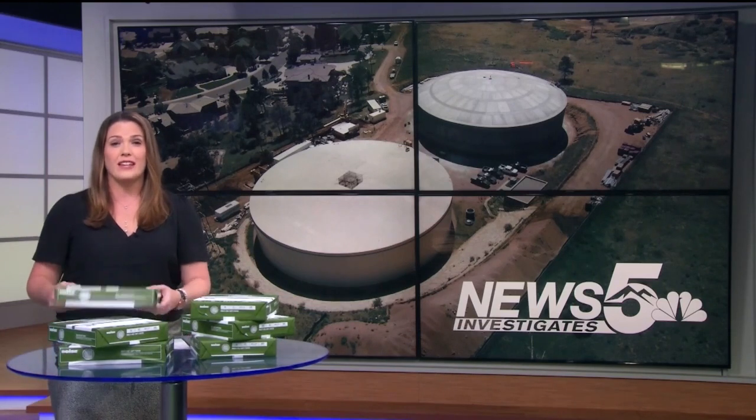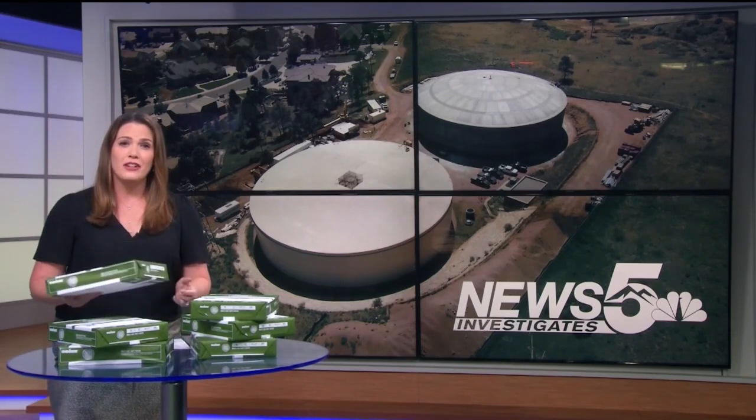Neighbors in Mountain Shadows are upset and want to know why a water tank permitted to be 45 feet tall was constructed at 60 feet. We found out why by going through internal city documents, the equivalent of 6 reams of paper. And the answer? It's a result of multiple errors made by the city, the engineers hired to build the tank,